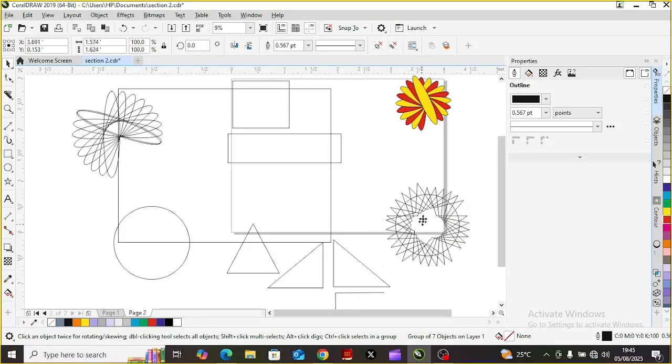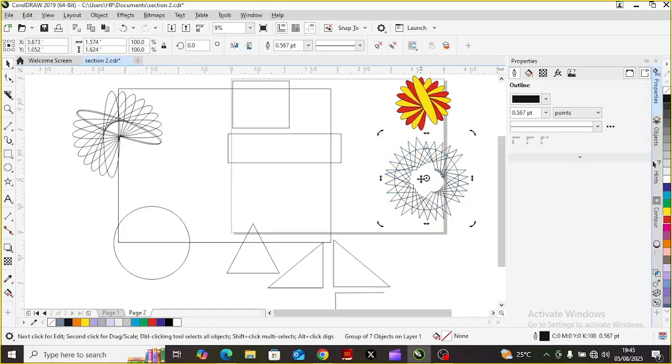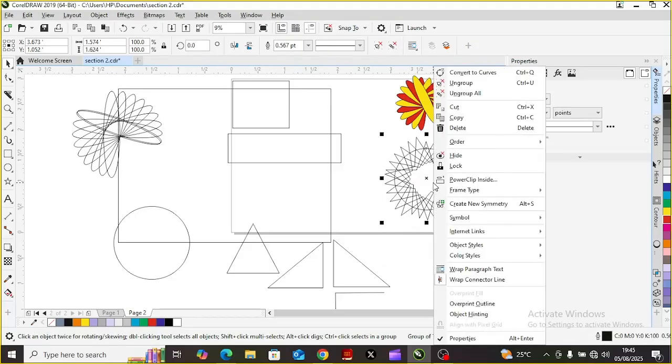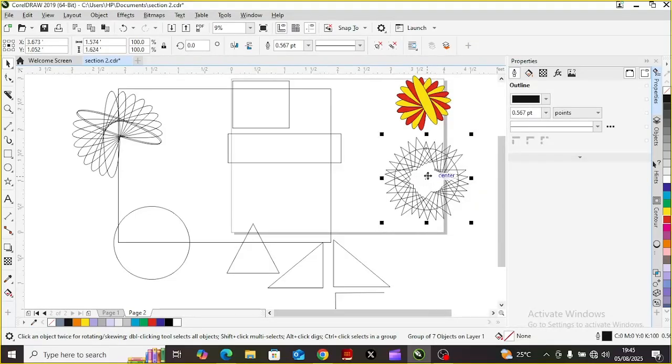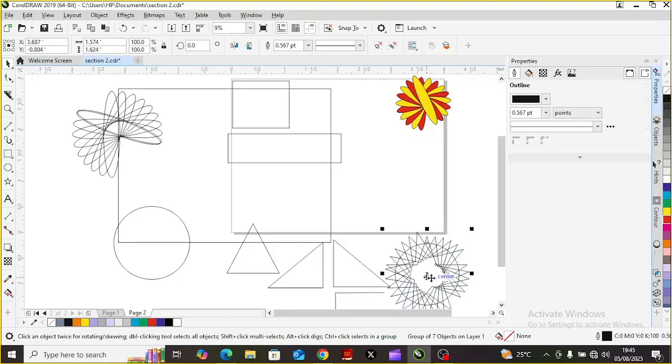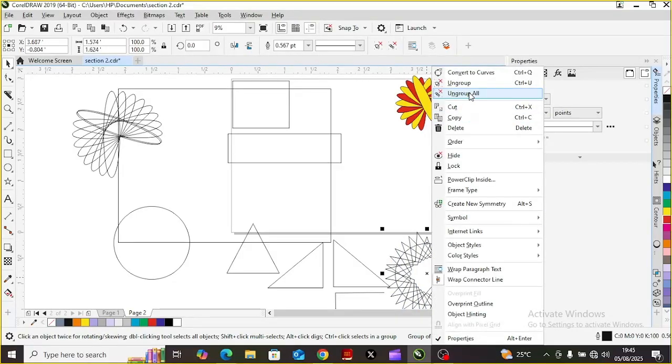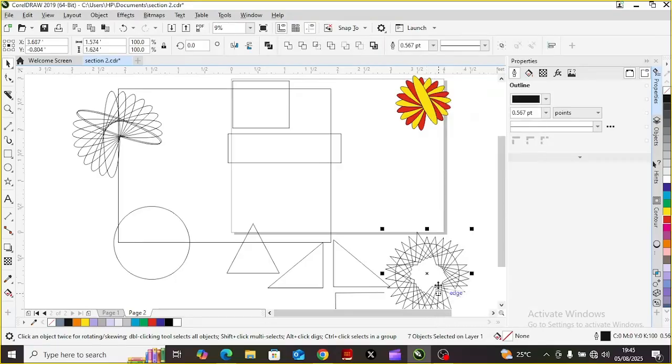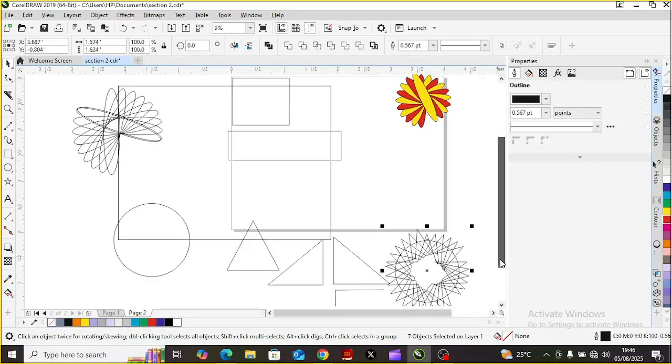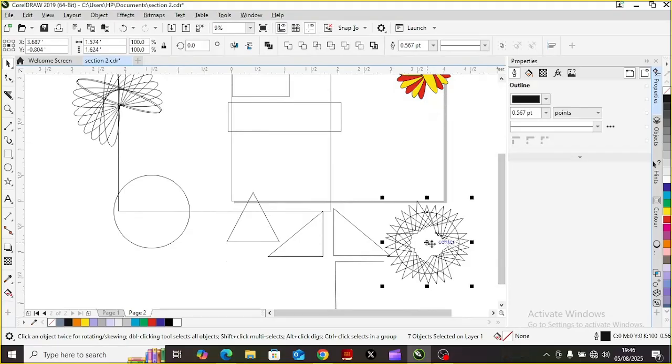Now that I have grouped the object, okay, I want to ungroup. Now I have ungrouped it,